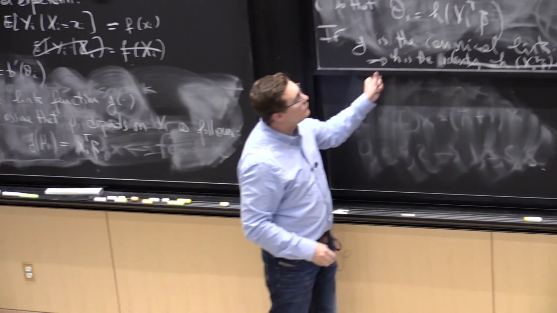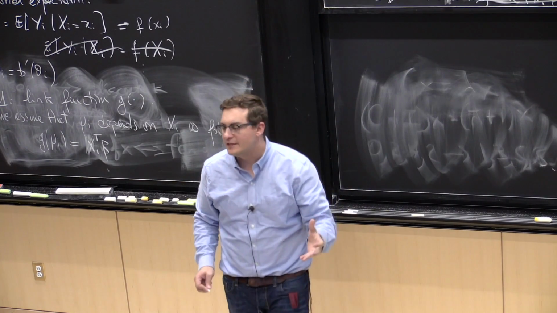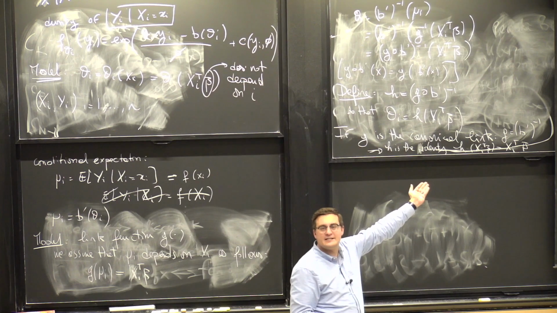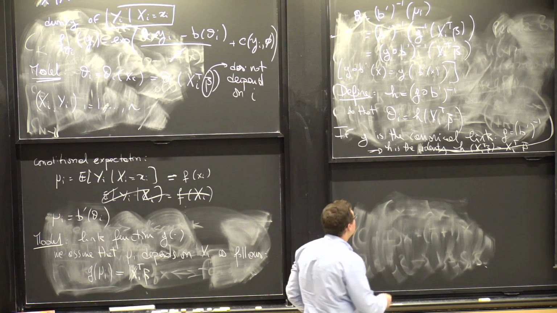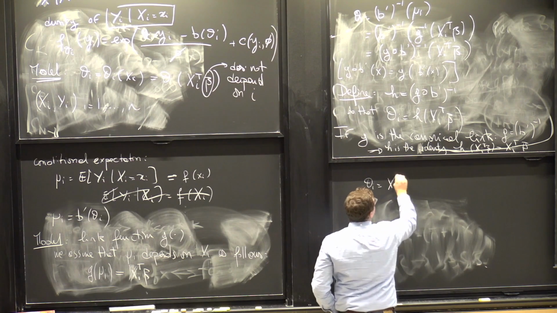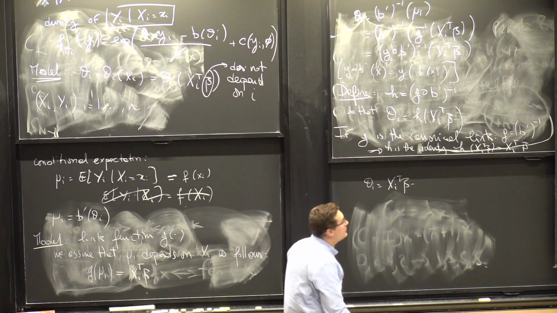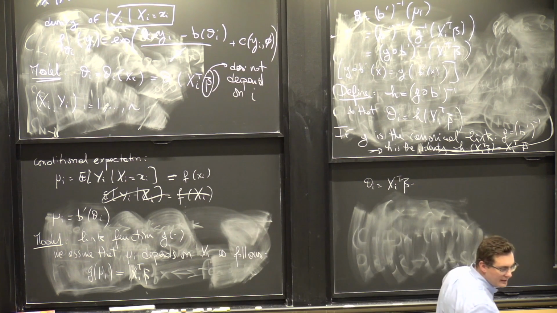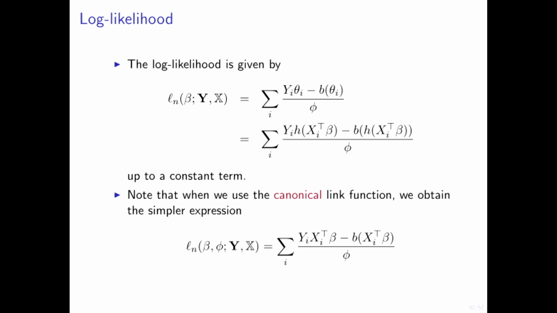And it's true that the way we introduced the canonical link was just the function for which we modeled directly theta i as xi transpose beta, right? Which we can read off here. So theta i is simply xi transpose beta. So now, for example, if I go back to my log likelihood, right? So if I look at the log likelihood,